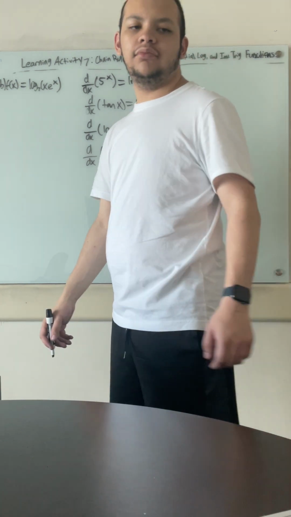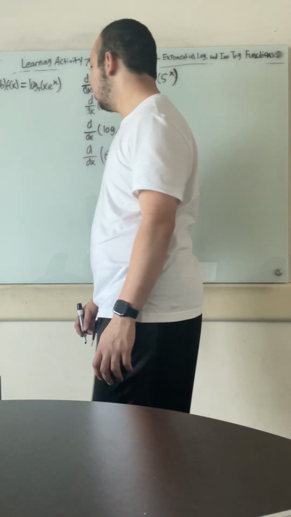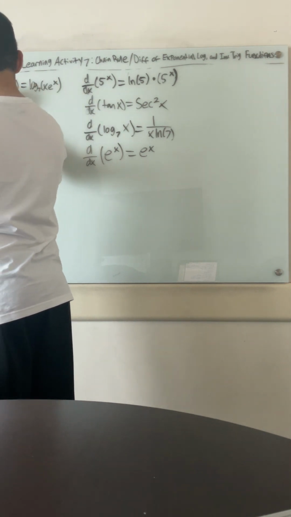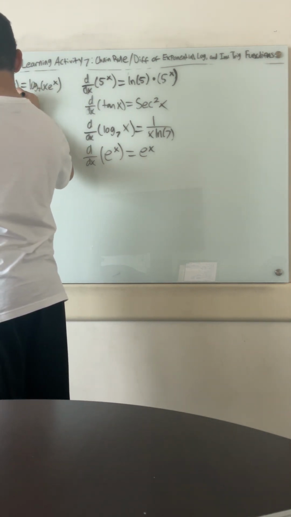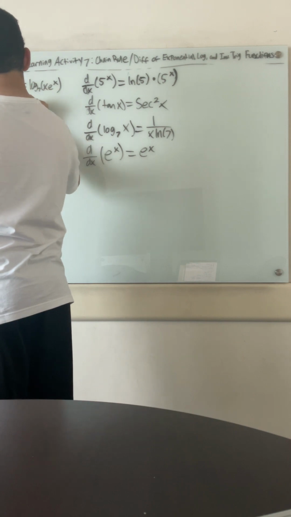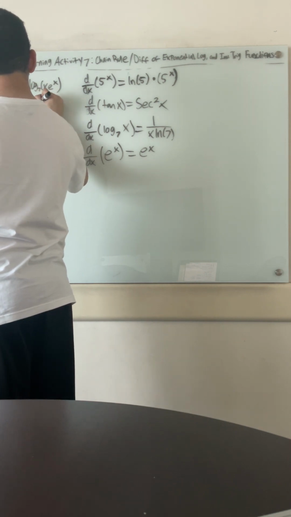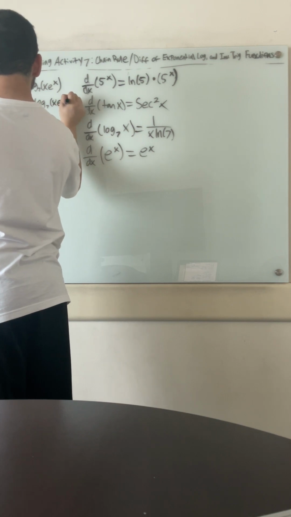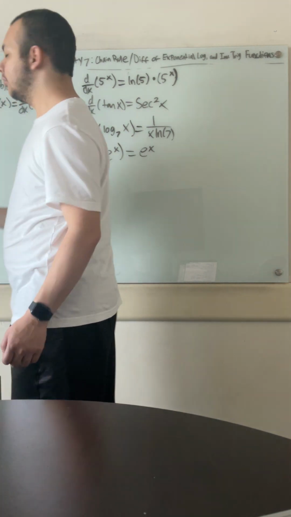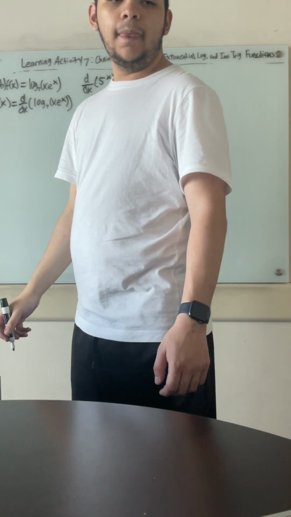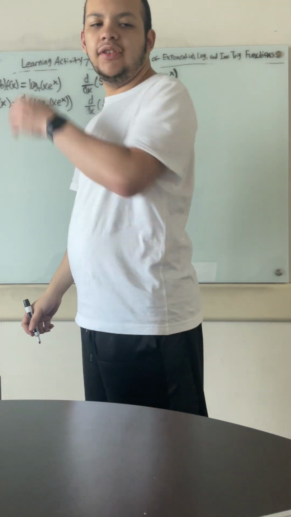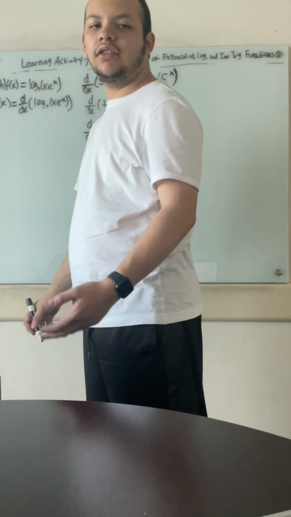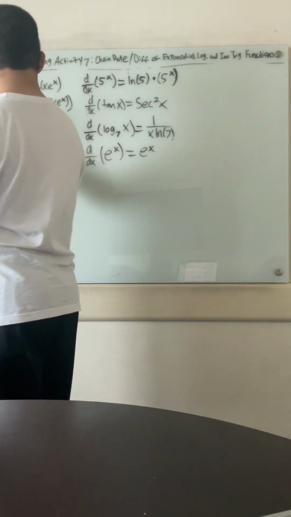All right, so let's get started. First things first, we have to find the derivative of this function. So we have f prime of x is equal to the derivative of log base 7 of x e to the x. All right, so with respect to what I just said, this becomes